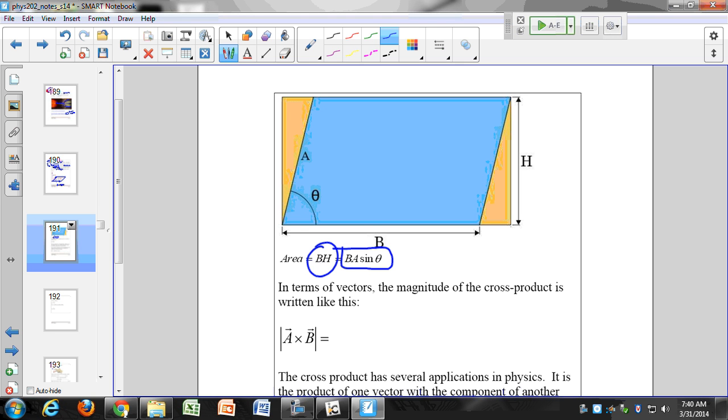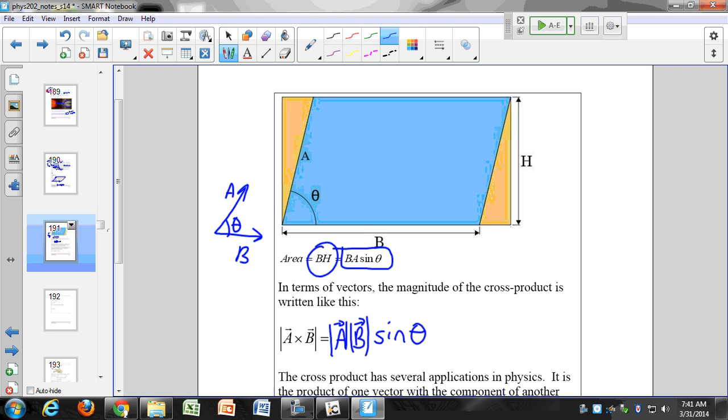All right, so then our definition of the magnitude of the cross product is going to be the magnitude of the vector A times the magnitude of the vector B times the sine of the angle between them. You can also think about it as taking the product of one vector times the component of the other vector that's perpendicular to the first vector. So if I was doing AB sine theta, let's say that my vectors look like this, kind of like what I had here. I have the vector A here, this is the vector B, and this is the angle theta between them.